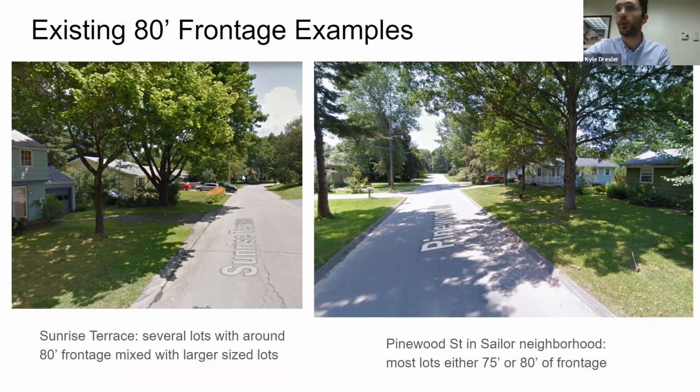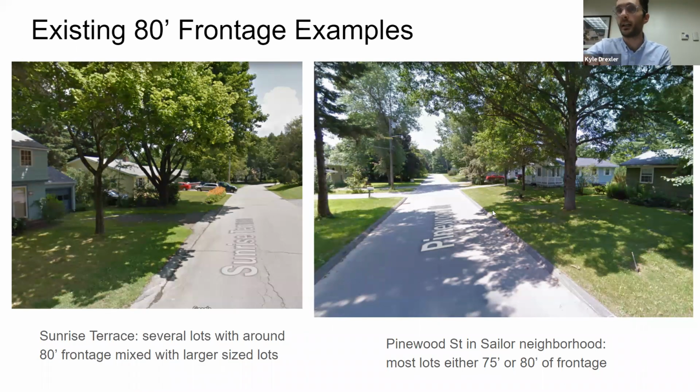There's not an overabundance of cars parked on the street or close together. The houses aren't right on top of each other. You're still able to achieve that kind of nice neighborhood feel with that sort of dimensional requirement